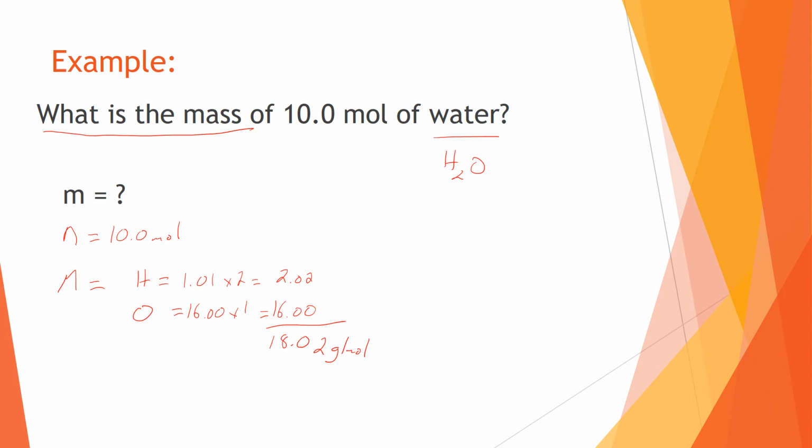All right, so how much does 10 moles of water weigh? Well, mass is equal to the number of moles times the molar mass. Okay, so mass is equal to 10.0 moles times 18.02 grams per mole. Now moles cancel out here and I'm left with grams, right? Okay, so the mass of 10 moles of water is going to be